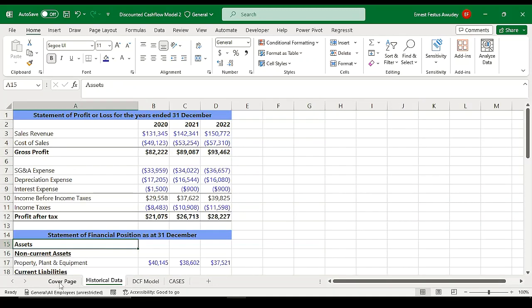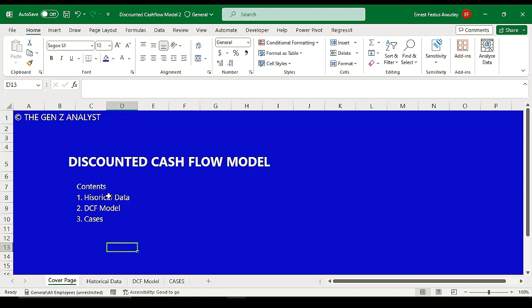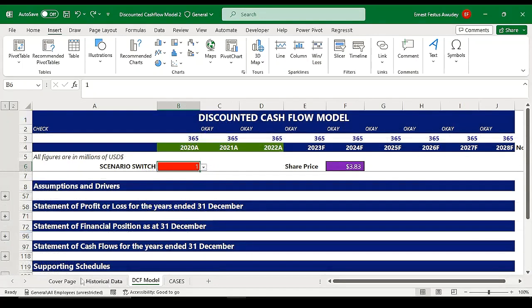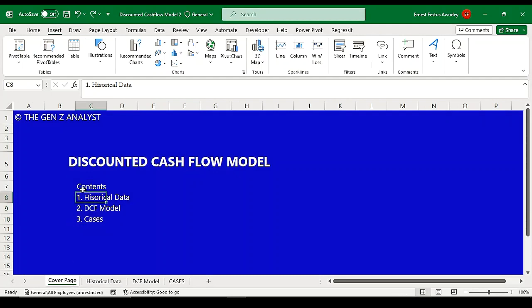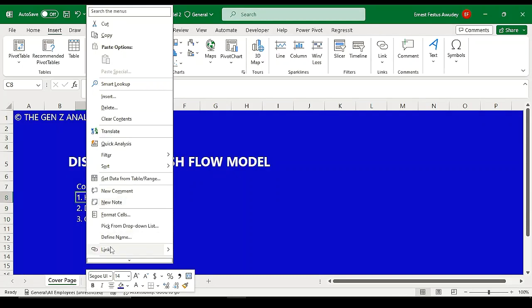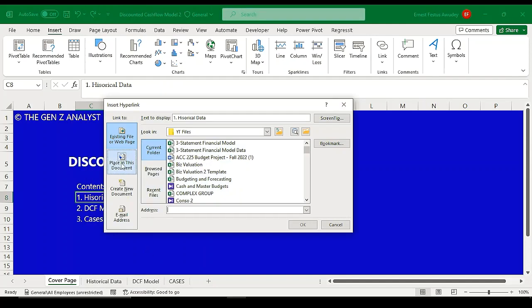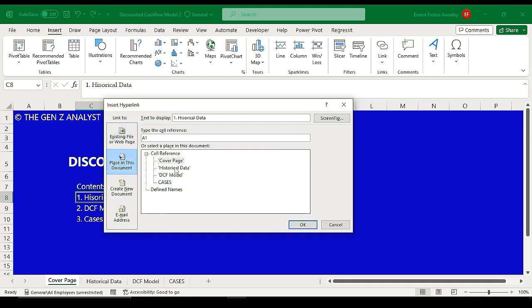All right, that's what we're coming to do. So what we are coming to do is to link this particular contents to the various tabs. All right, so let's come here. So the first one is the historical data. I'll right click, come to the link here, click on the link, then come to place in this document. Place in this document, I'll click there, and then this is my historical. So I'll click the historical and